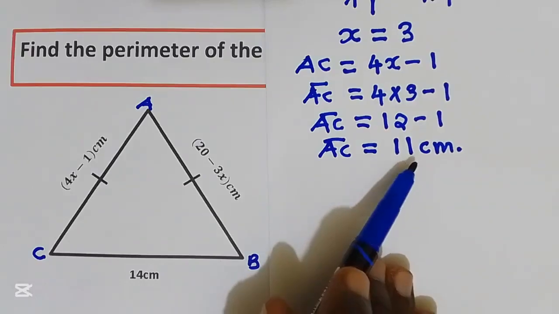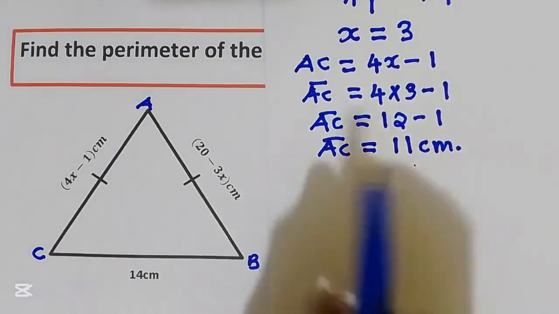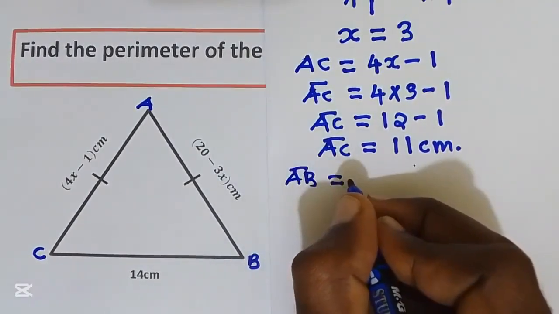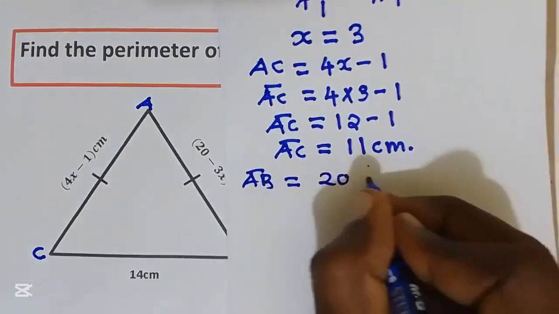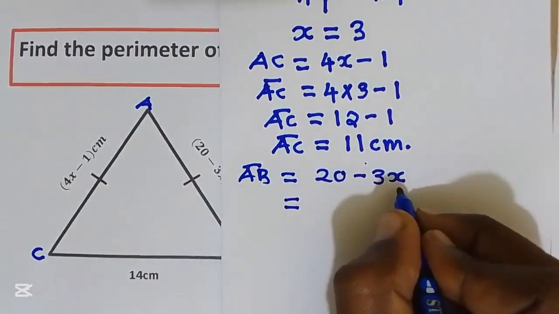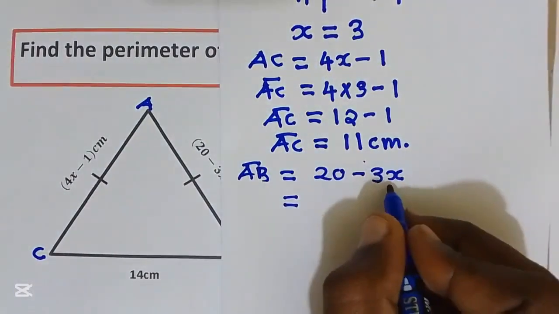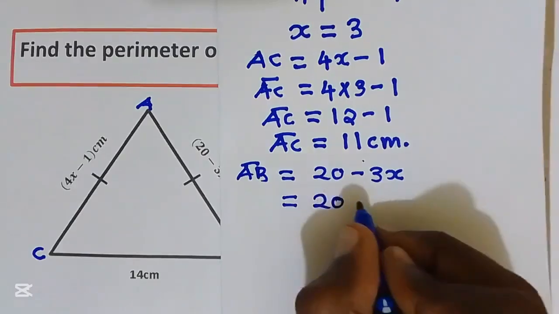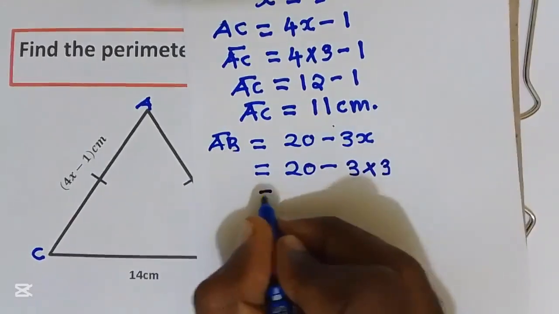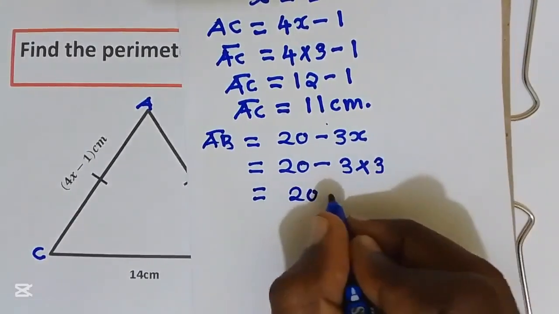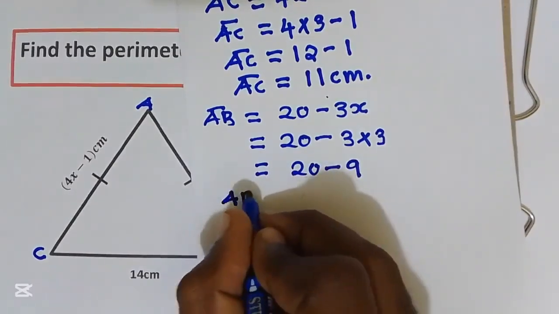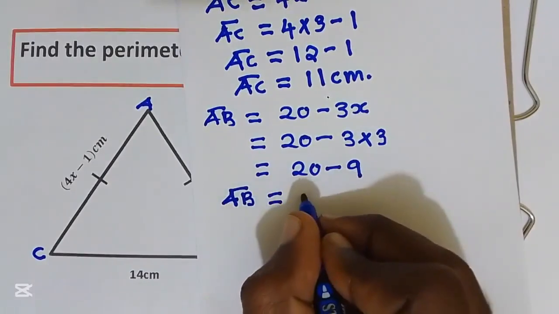Let us look if it's going to give us 11 centimeter. AB is equal to expression 20 minus 3x, but we know x is equal to 3. Let us substitute it. That is going to be 20 minus 3 multiplied by 3. That is equal to 20 minus 9. It will give us distance AB is equal to also 11